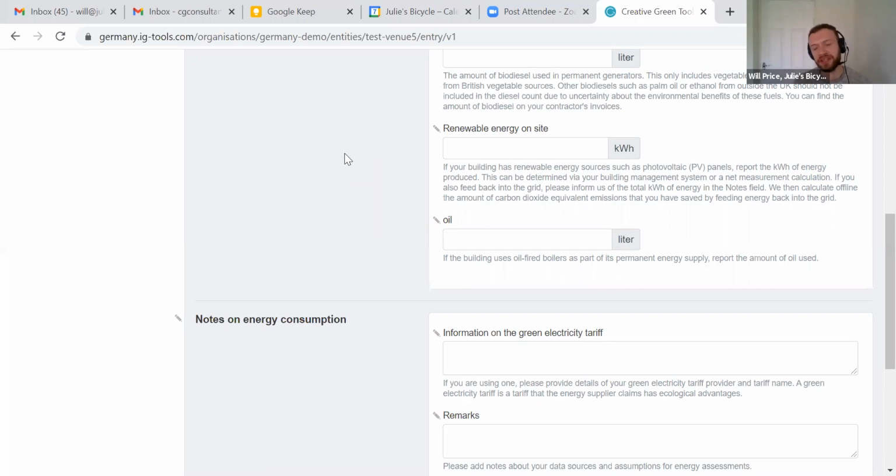But on the main version of the tool, there is an option where you can have a look at what your electricity emissions would be if you're taking into account the supplier factor of the particular supplier that you're using. And that's what we do on the main version. So it won't impact the overall footprint of this report, but there is a way of seeing what